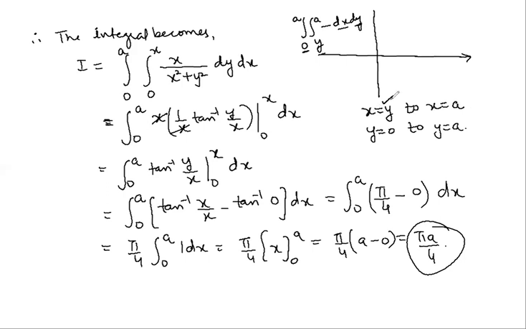क्या है हमारे पास, this is a line of identity function. ठीक है, this is line parallel to y axis. This is line parallel to x axis. This is also line parallel to x axis. This is x axis itself. ठीक है, चारों लाइंस अब ड्रॉ करिए. देखो ये लाइन हमने ड्रॉ की, x is equal to y. This line is x equals to a. ठीक है, and then y is equal to 0, y equals to a.